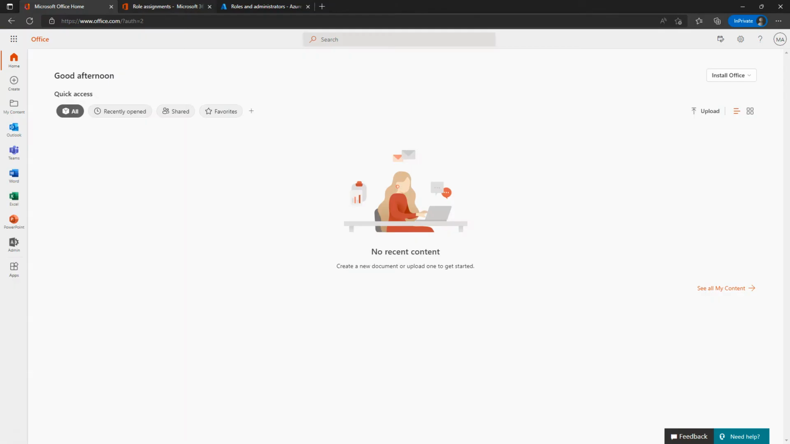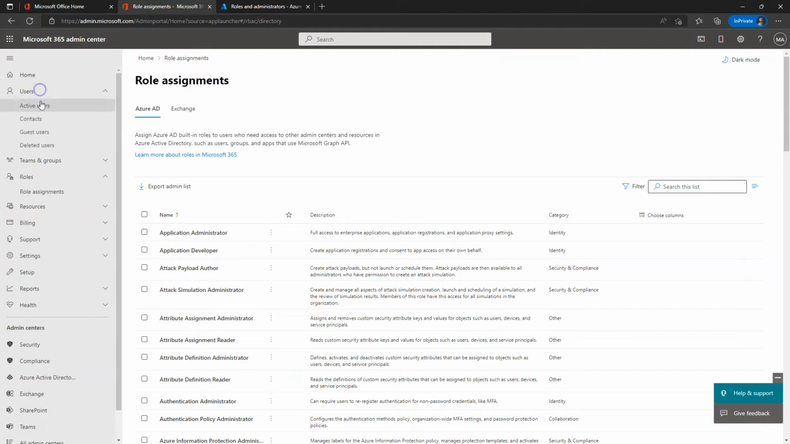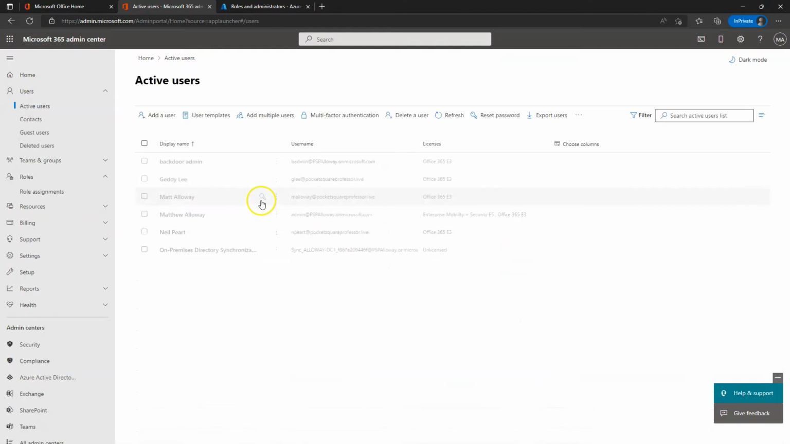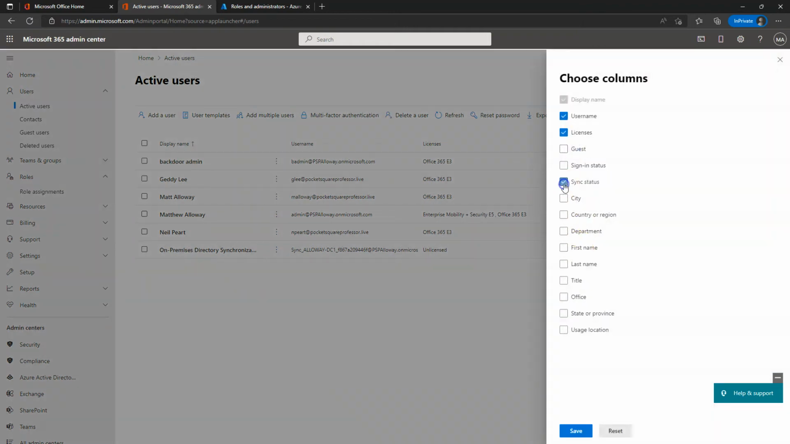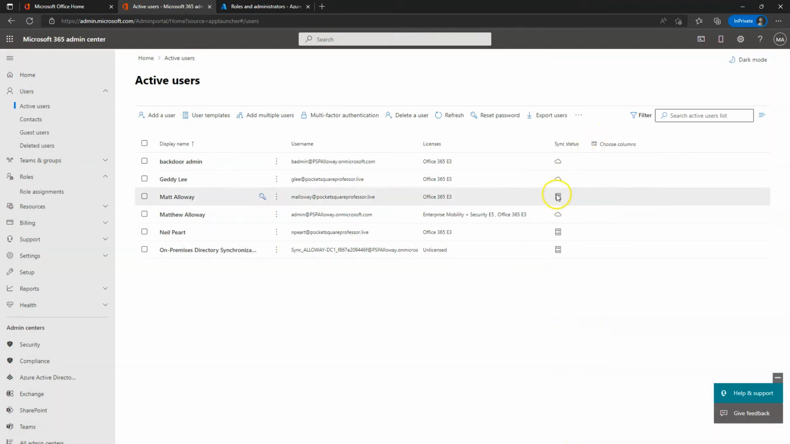and I'm going to log in with, come over here to users, active users. So remember these users that I created before, and go back to sync status just to show you. Remember, I have some users that are on premise, some that are in the cloud, and so on. We're going to deal with Geddy Lee here. So G Lee, I'm going to log in with this, and I'll bring this over here in just a second at Pocket Square